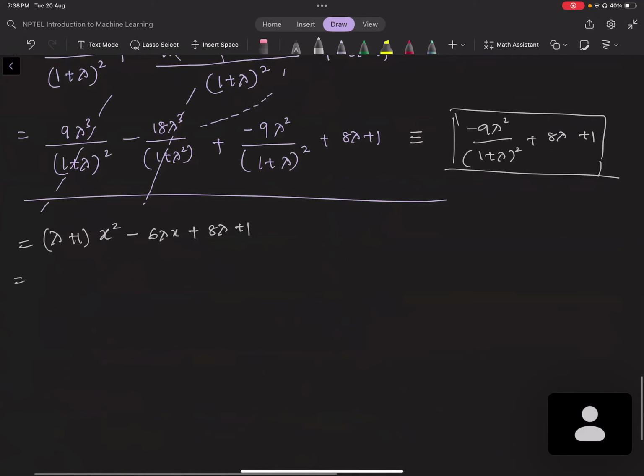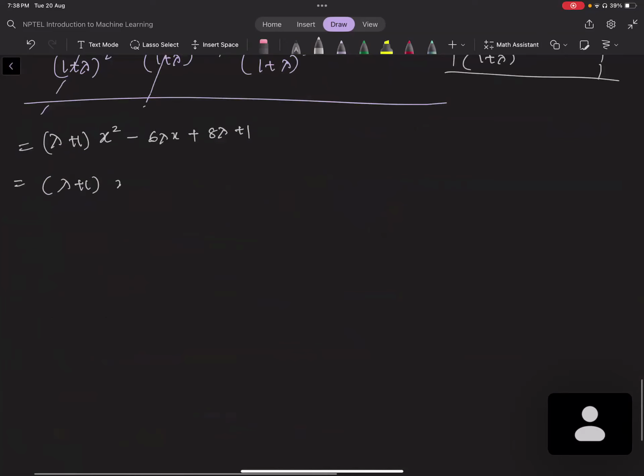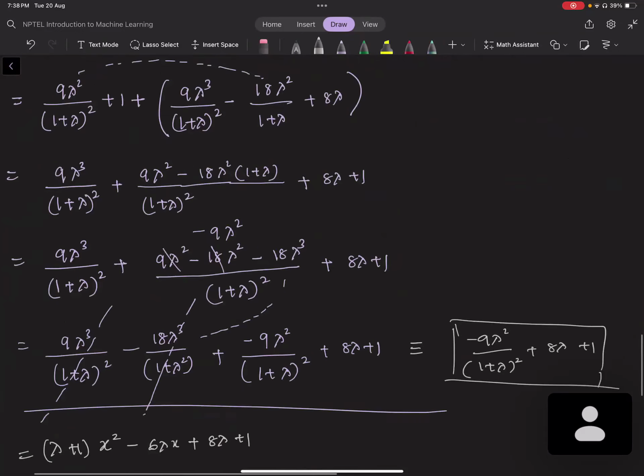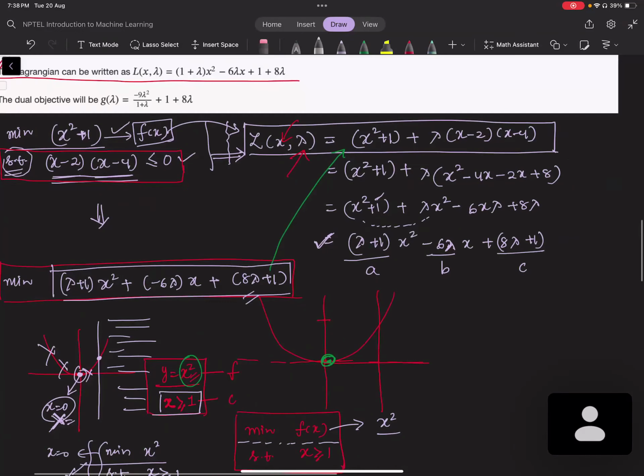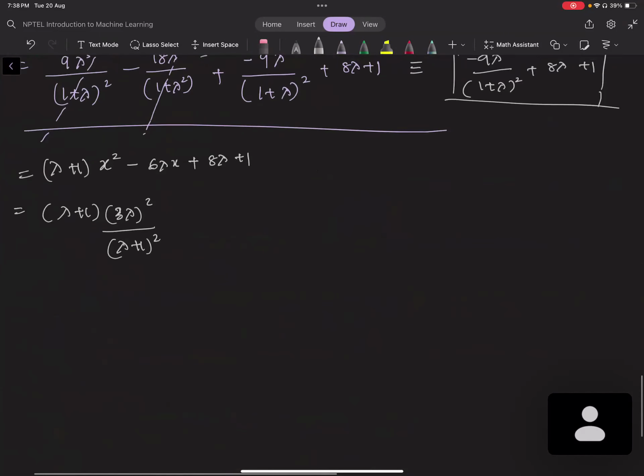Okay, let me just put x is 3 lambda plus 3 lambda square by lambda plus 1 square minus 1 square minus 6 lambda into x, which is 3 lambda by 1 plus lambda, plus 8 lambda plus 1